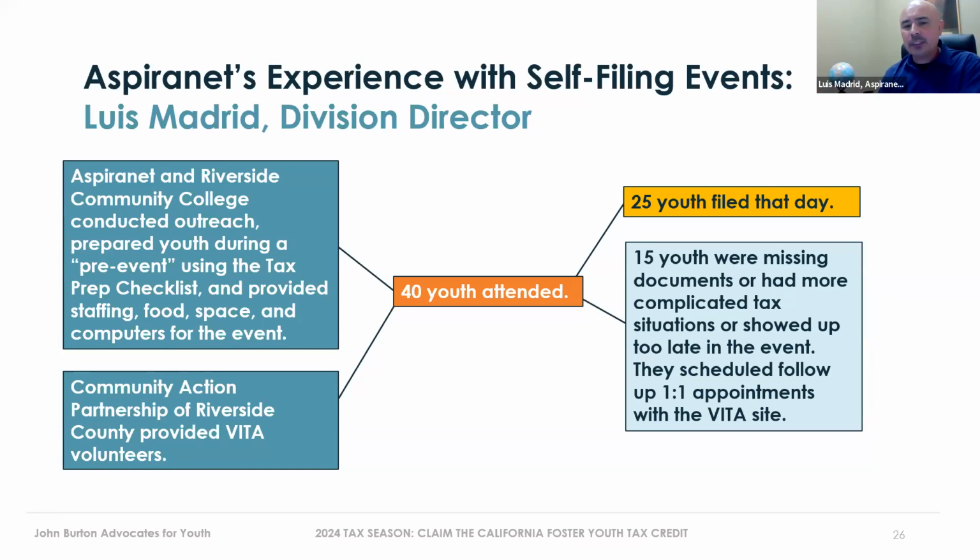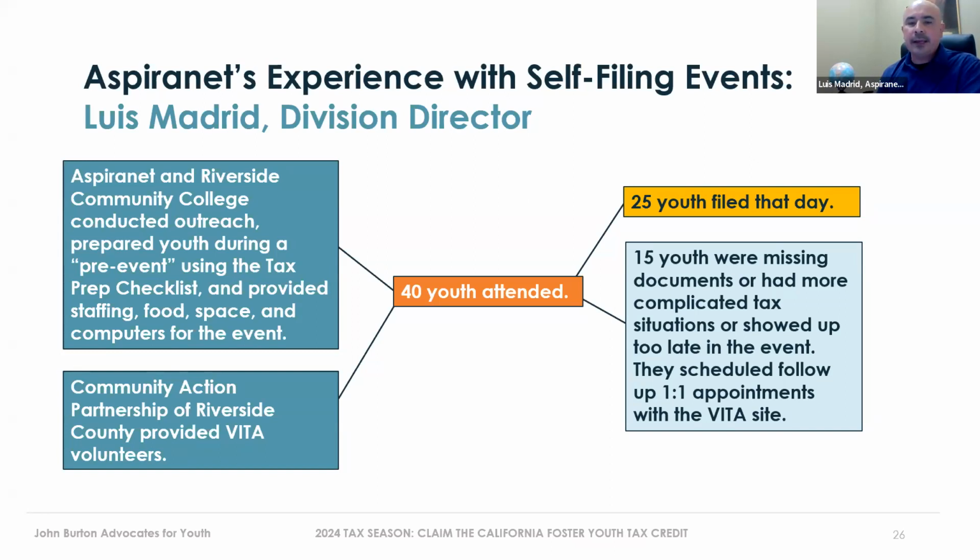I'll give you a little bit of the summary as you can see it there, and then I'll dive into a little bit more detail. We had 40 youth attend. Again, this is our first time doing this, and it was very successful. We're obviously aiming to do it bigger and better this year across the state. Of the 40 youth, 25 of them were able to file that same day and complete the process. 15 of the youth were missing documents or had more complicated tax situations come up, so they had to schedule some one-on-one